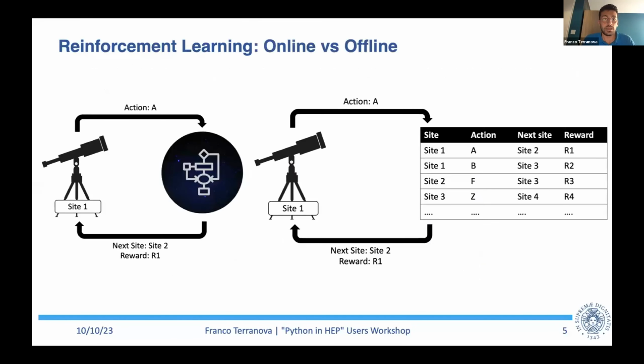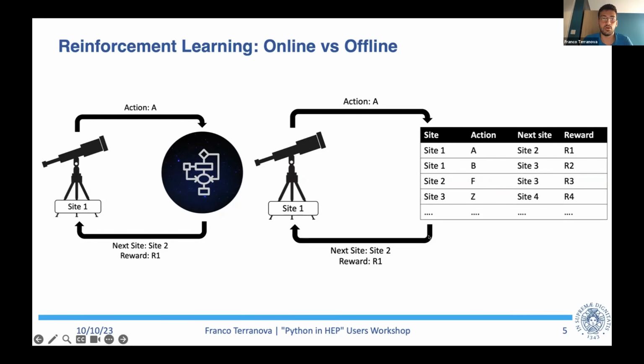And as we can imagine, the environment is not a real environment, but is simulated. It can be an online simulation tool, so a set of algorithms that simulates the sky, but it's very hard to achieve due to several factors such as stochasticity in the weather. And our framework uses an offline dataset. So examples of interactions between a telescope and the sky, it can be any kind of telescope for which we have a dataset, and examples of state or site, action, a consequent reward, and the next state.